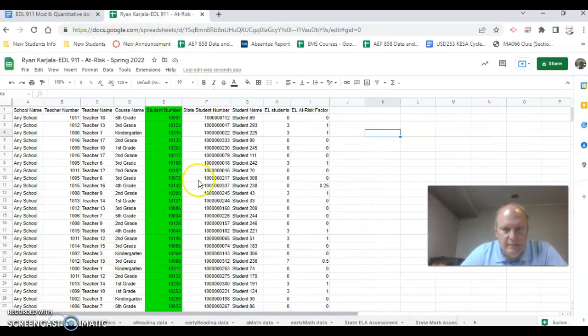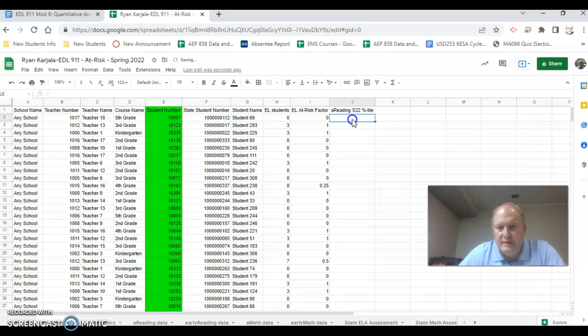Go back to my students. Let's do a reading, spring 22 percentile. Just like that. So let's bring that in. So equals VLOOKUP